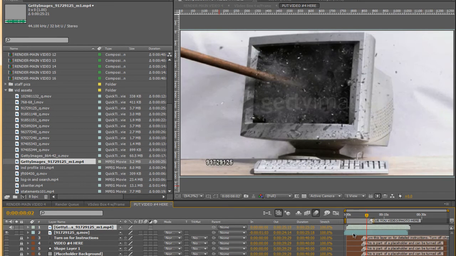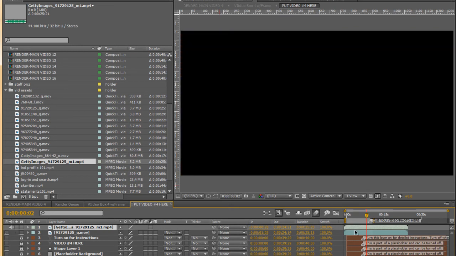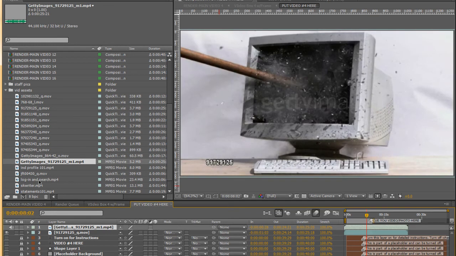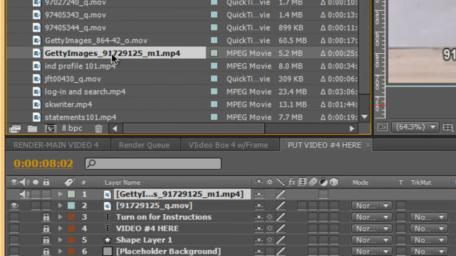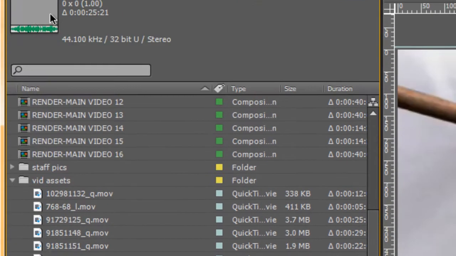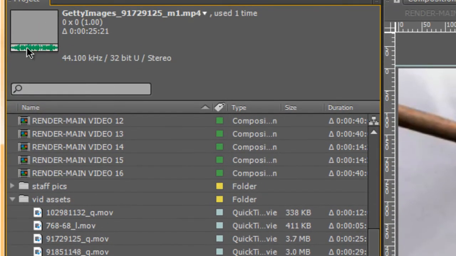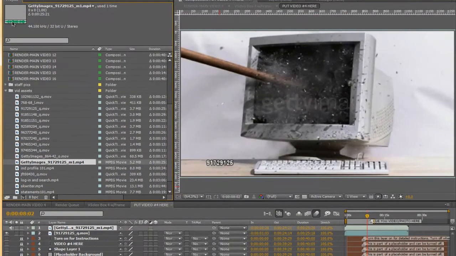So now I can just line it up with the old one, and then to test it out, just not view the previous one, and all of a sudden I'm faced with a black screen. So clearly there are some problems with this image. Well, I can go back here to my project, and if I highlight that asset, I can see up here at the top of my project that there's definitely a problem with this MP4 file as far as how it's